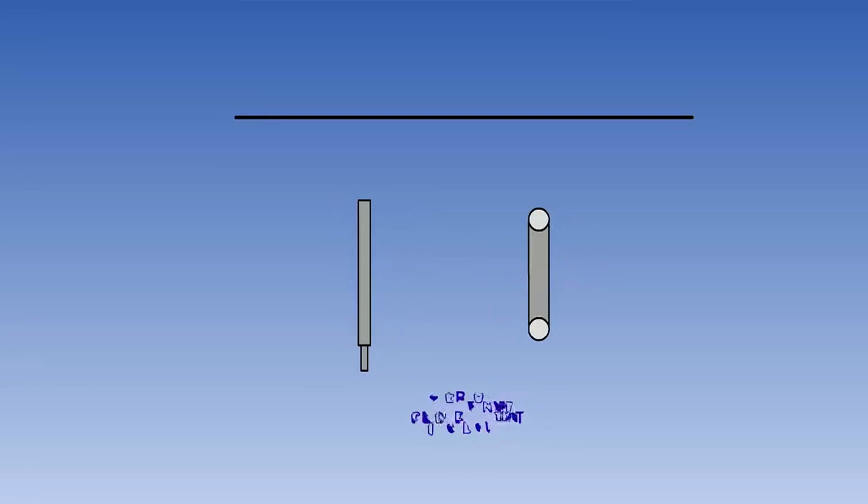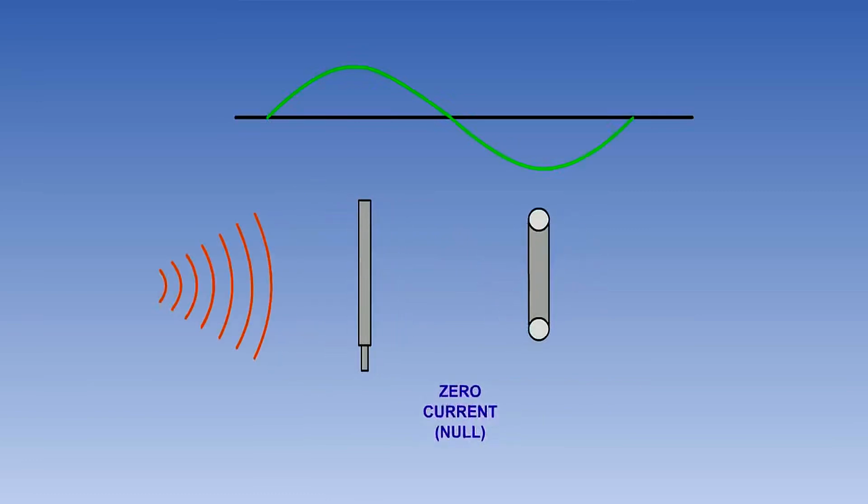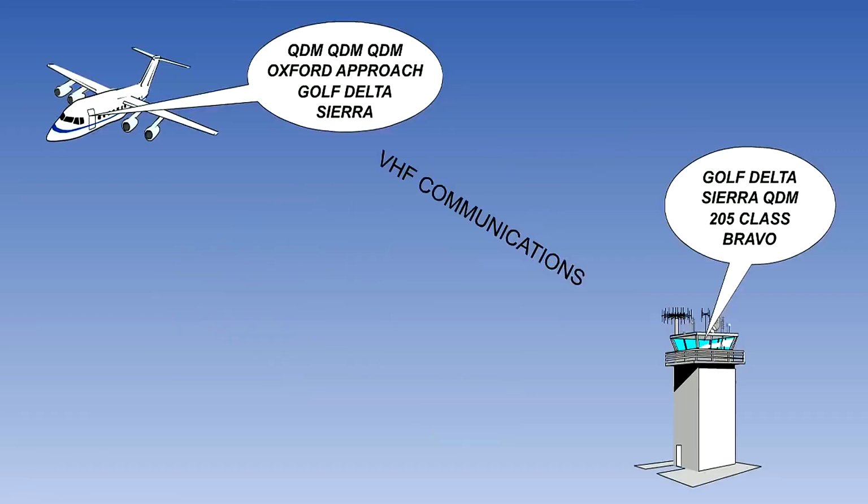We saw in the lesson on antennae that a loop antenna is used to detect the direction from which a signal is transmitting. It does this by comparing the strength of signal on the two sides of the antenna. Where there is no difference in strength, the signal is either 90 degrees in front or 90 degrees behind the antenna. This direction finding system, called VHF Direction Finder, or VDF, is available in many airfields, and a pilot can ask a ground station to give him a bearing to fly to the station.